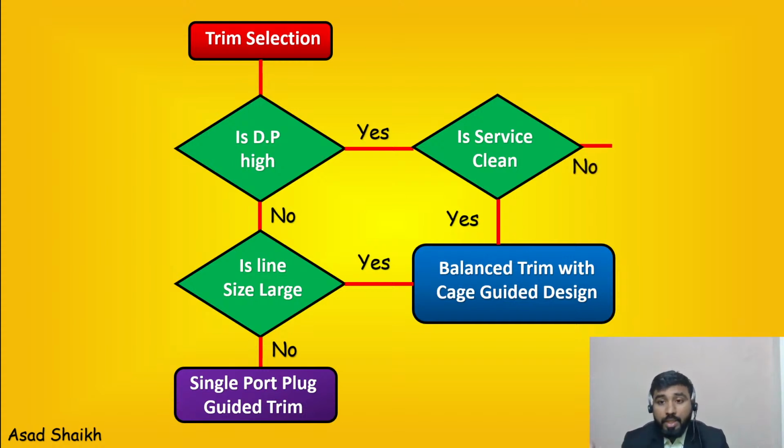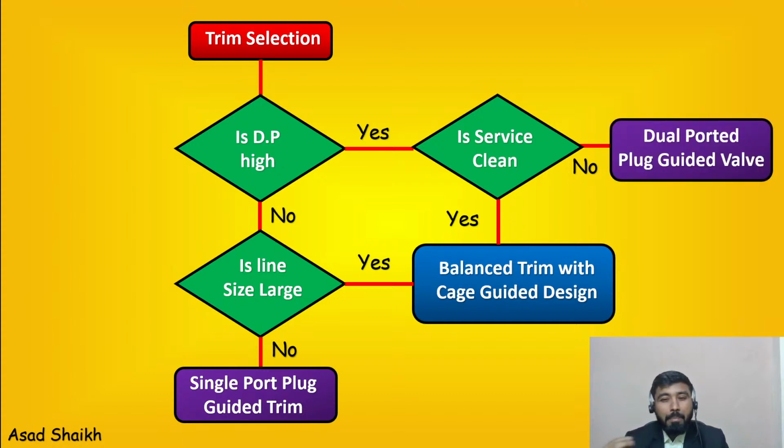If that is not the case, and if your service is extremely dirty, it has very hard and strong particles, in that case you might have to go for a dual ported valve, so that the valve stays in its position at very high DPs, and with a lot of dirty fluids it should still be able to handle it. But this can be discussed with your valve vendor, and you can come together and find if there is some other solution. If not, then maybe you might have to go for a dual ported design. Now in this algorithm, what we have not yet considered is the characteristics, whether it's going to be linear, equal percentage, or quick opening. So now let's look at only that part.